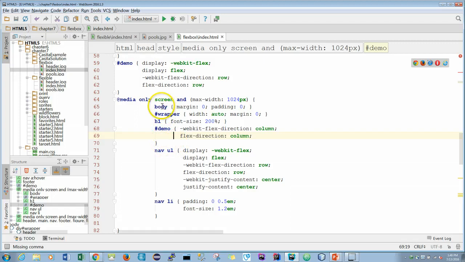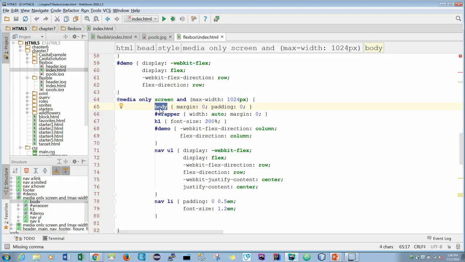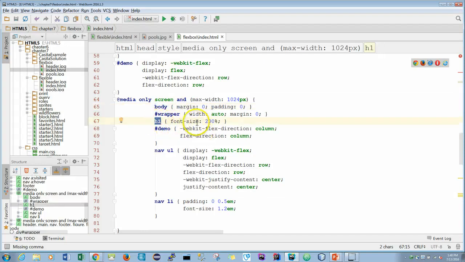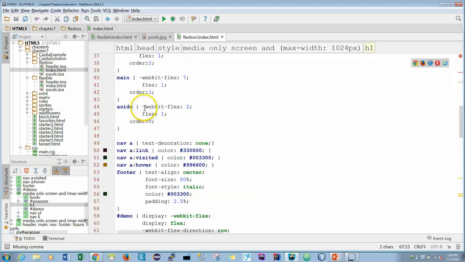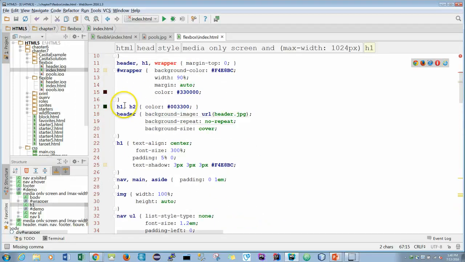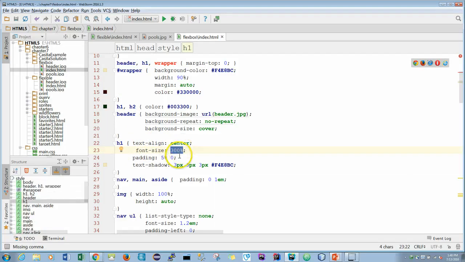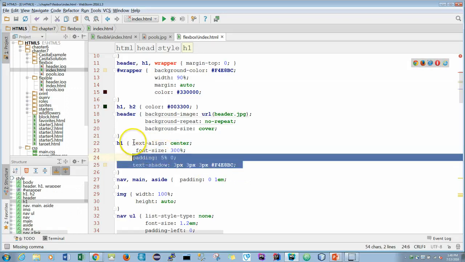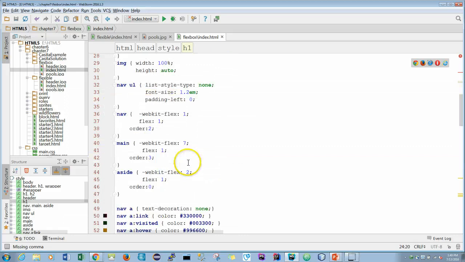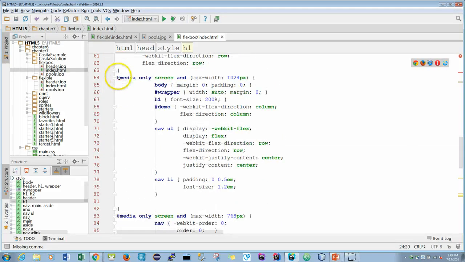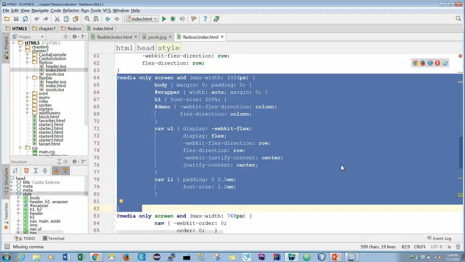So that's what we have, the body here. Well, actually, if you look at this, the H1, it says now font size is 200%, but in the global or the default size, we also have H1 here. It's at 300%. Okay, so instead of that, it's going to override this size to just 200%, and it will keep the rest. Okay, so you can treat this as a separate style sheet. Okay, it's a separate style sheet, but it will also use